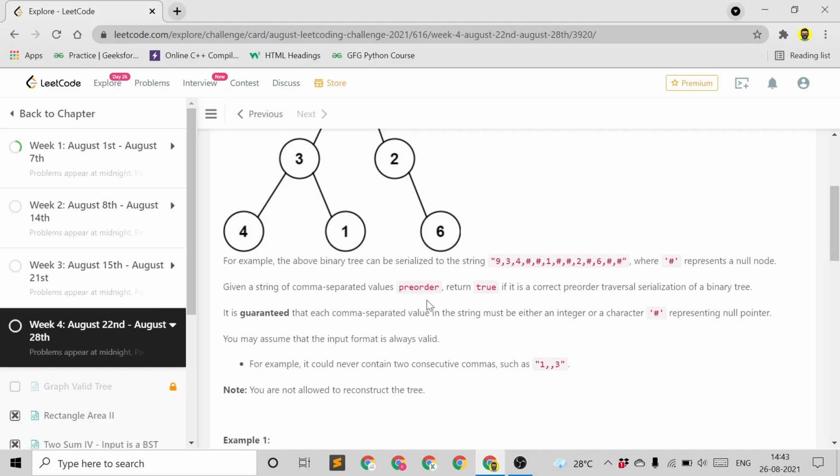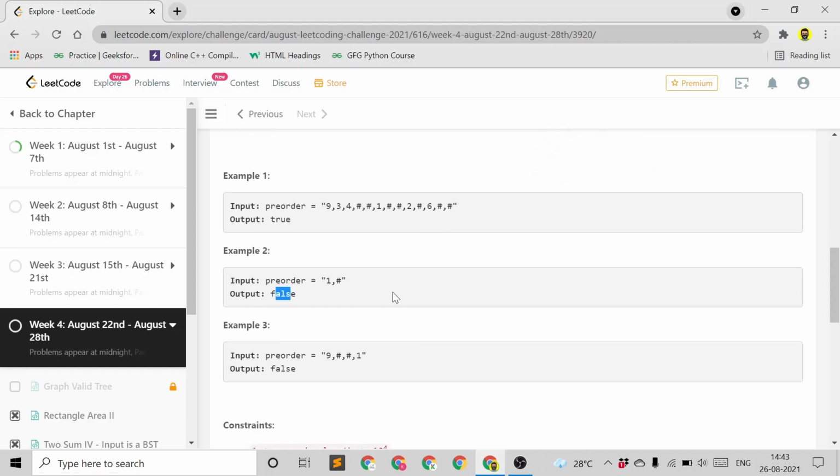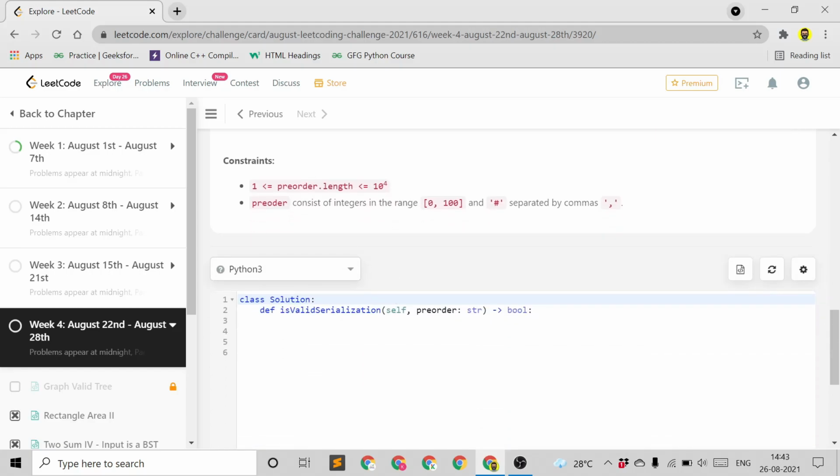You have to read the question, find a logic, build your answer, and then come to this compiler. So what does this code snippet say? This is a function called isValidSerialization. This function gives you one value, preorder. What is this preorder? This is a string which is an input. So this string is an input, and you have to write your code using this preorder. Okay, so I'll show you an example.